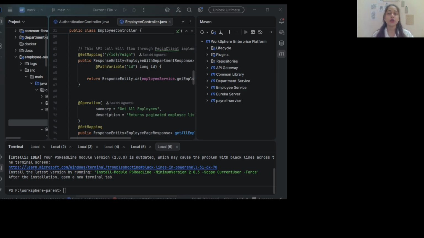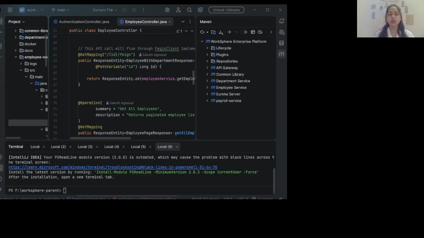Interview question of the day. Why should you use a record for the DTO but not necessarily for the JPA entity? A record is designed for concise, immutable data representation, which makes it a good fit for many DTOs. JPA entities, on the other hand, are managed through their life cycle by JPA and Hibernate and commonly require mutable state, a no-argument constructor, and other entity-specific behavior. Therefore, a normal Java class is generally a better fit for the entity and a record class is a better fit for the DTO.